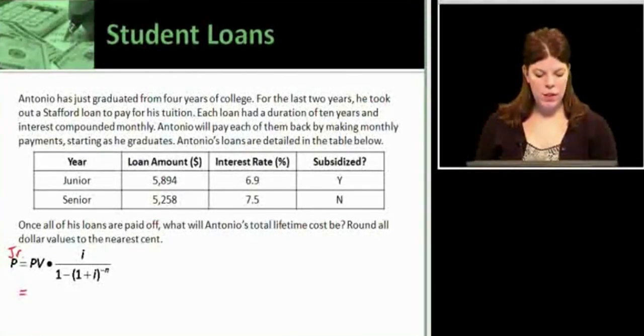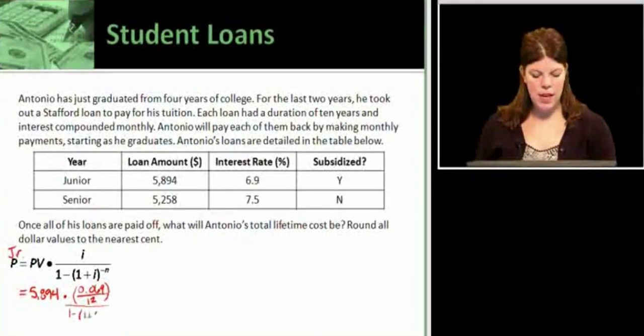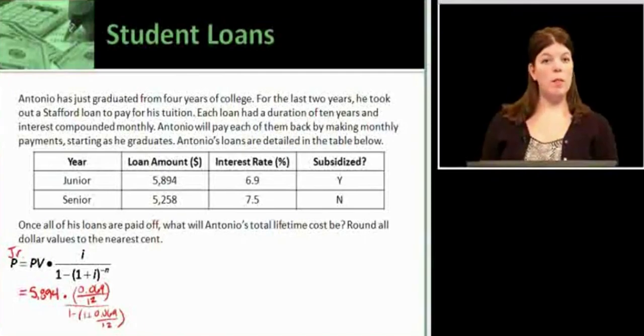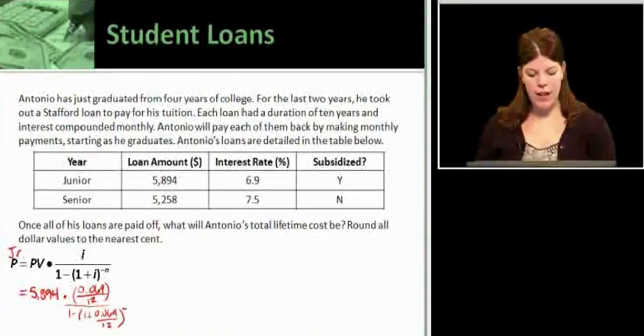The loan amount, which is our present value, is $5,894 times our interest rate, which is 6.9%, so I have 0.069 divided by 12 because it's compounded monthly, all over 1 minus 1 plus the same i, 0.069 divided by 12, to the negative n. And again, it's 12 payments a year for 10 years, so I have negative 120. So I go ahead and calculate that out, and his payments for his junior year are